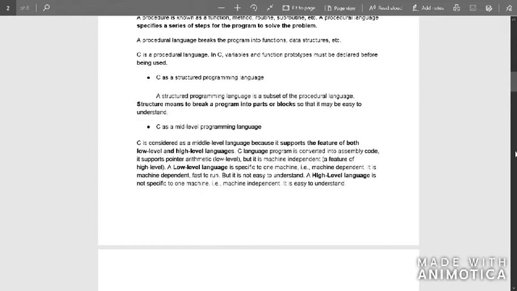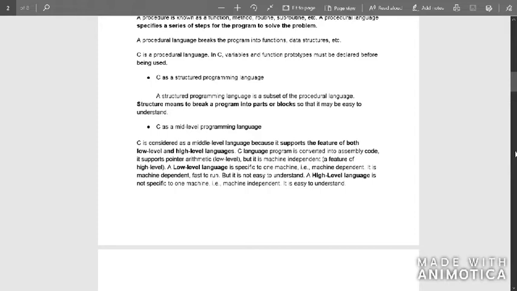And being machine independent is a feature of high level, but the C program is converted into assembly code. The C code is converted into assembly code, and from there it's again converted into machine code.